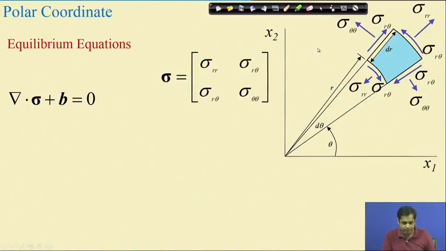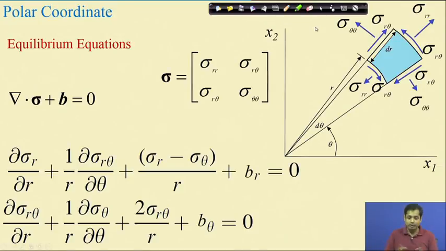So, if I have to get the corresponding equation in polar coordinate system, the equation becomes this, and these are the components of stresses. These are the stress components which are independent, because depending on plane stress or plane strain problem, we may or may not have stress in z direction. For plane strain problem, we may have stress in z direction, but that stress may be obtained from the other components of stresses. So, these are three independent stress components. Now, the corresponding equation becomes this, where all the terms associated with z direction we can straight away remove. So, this is the governing equation in polar coordinate system.